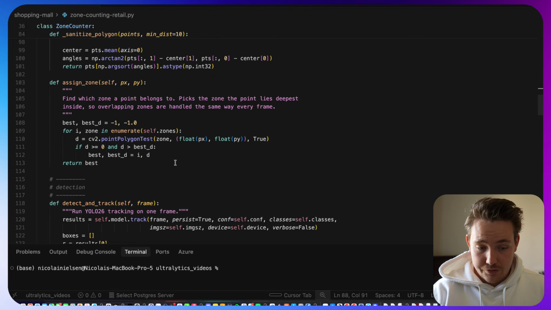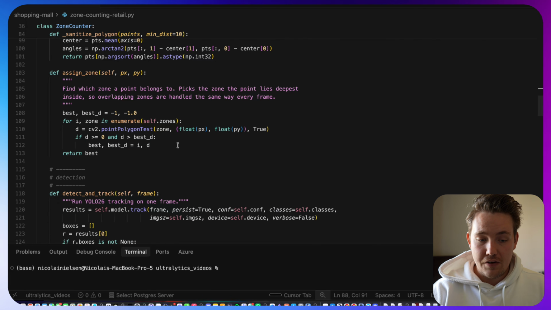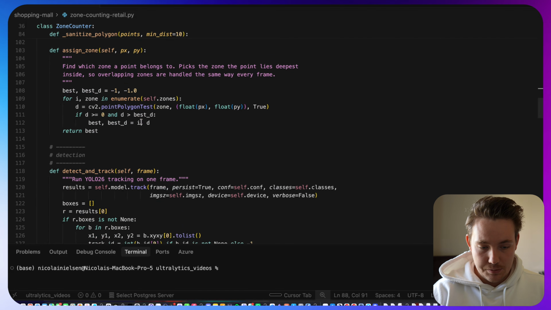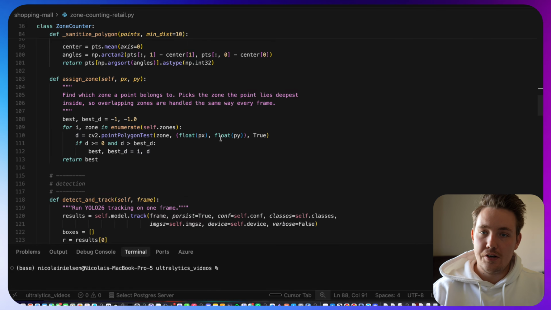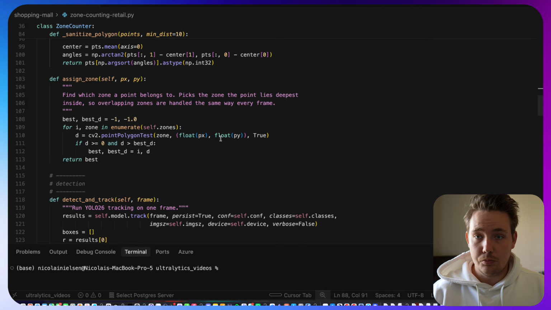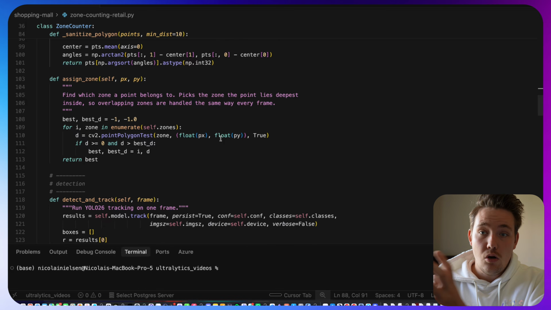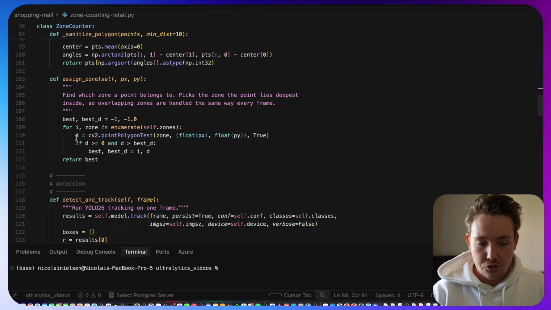Then we can assign the different zones here, so we can find which zone a point belongs to, and then it picks the zone the point lies inside, so overlapping zones are handled in the same way every frame. This is very important when we have consistency across multiple frames. We don't want to have double counts, we don't want to have miscounts or misclassifications in what zone the point